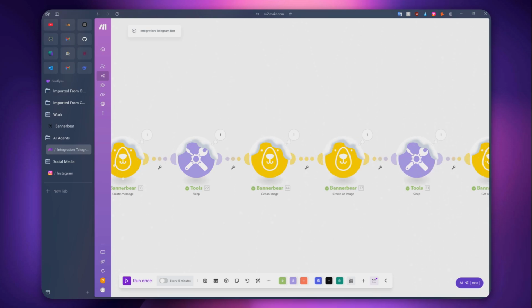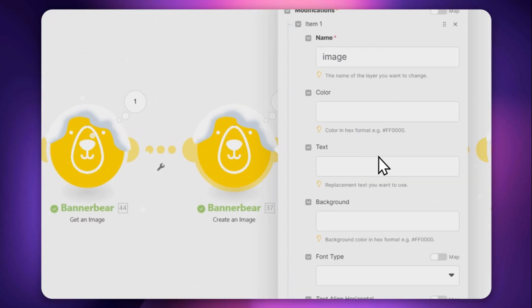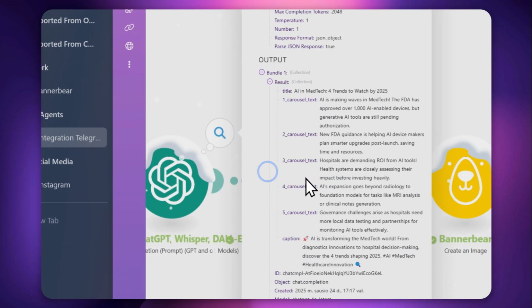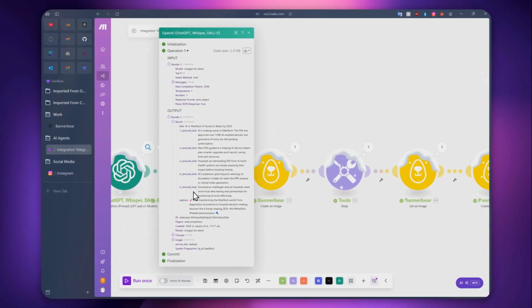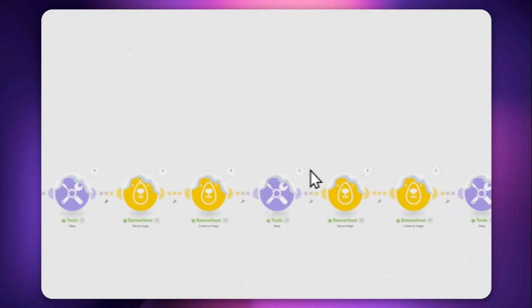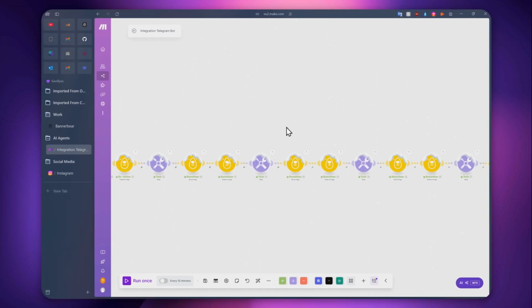Also, I want to talk about the variables output from OpenAI for each slide. Let me show you. You remember that our ChatGPT OpenAI module, in the result, gives us the title and 5 carousel texts. Each carousel text is mapped inside one of the create image modules. So in create image, we have 5 modules, each with one carousel text. Basically, how this works is OpenAI gives us a JSON output containing